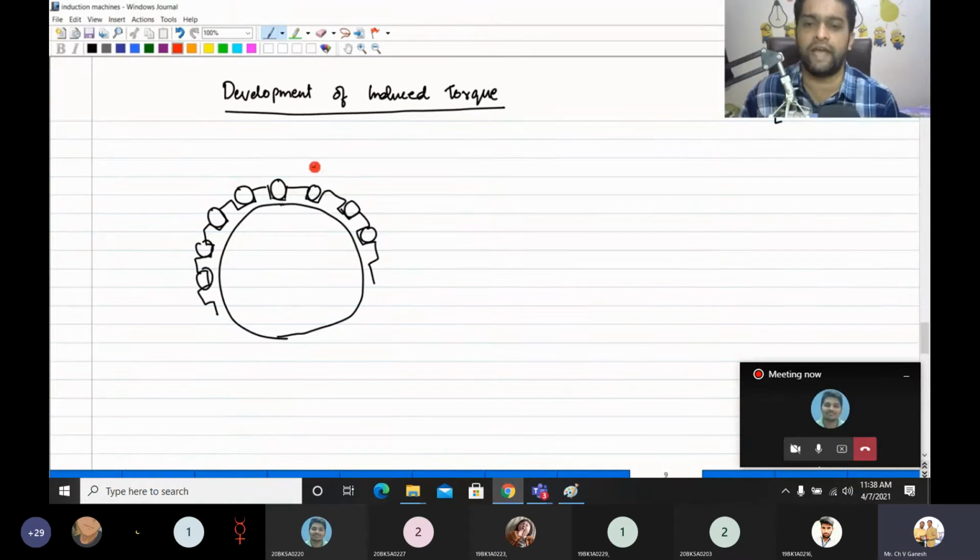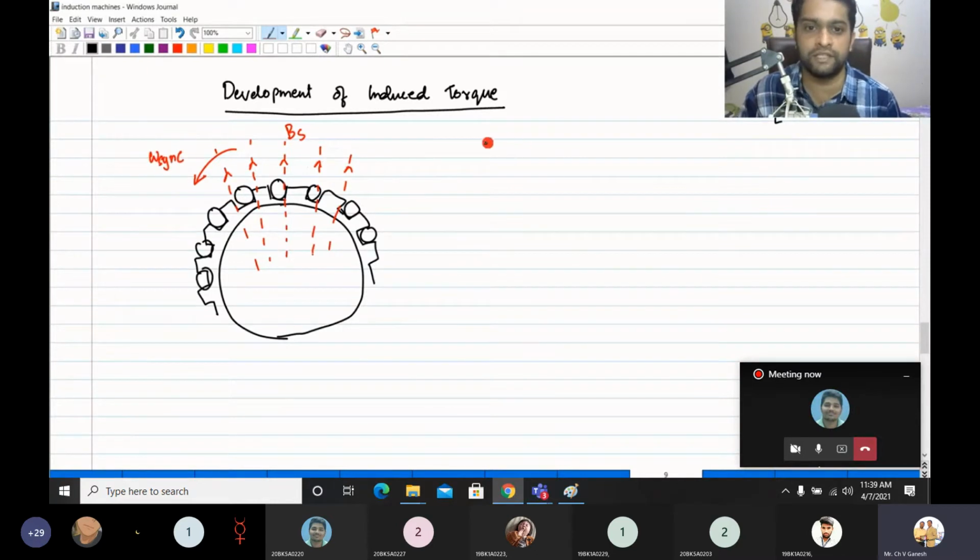Now I have not drawn the stator here, but assume that there is a stator also, and in the stator three-phase windings you are giving three-phase electrical power. Therefore, what do you get? You get a rotating magnetic field. Now let us assume that the rotating magnetic field is something like this. I'm just drawing it like this, so you get a feel that the rotating magnetic field exists in this space. It has a direction like this. Let us call it Bs. And it is rotating in the counterclockwise direction at what speed? Synchronous speed. So this is omega synchronous.